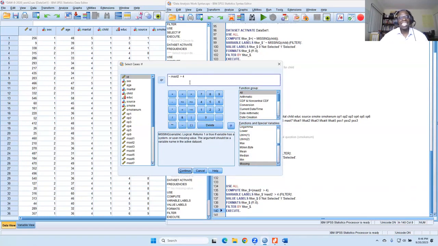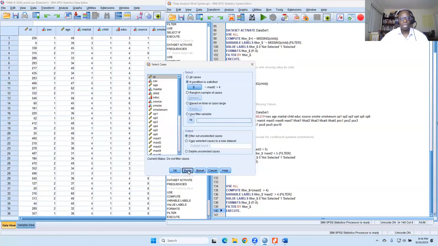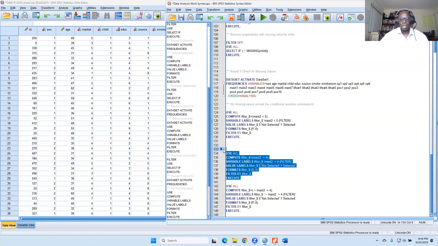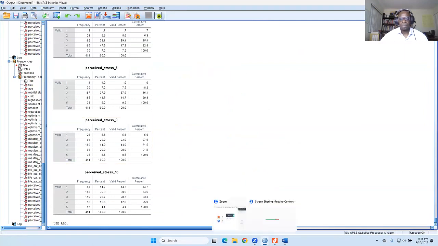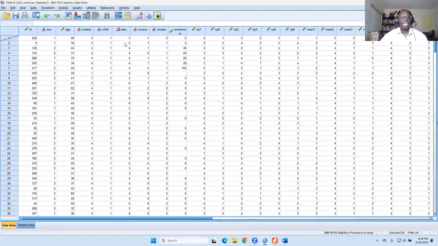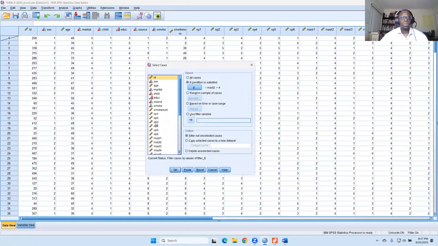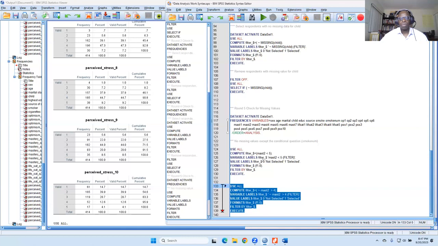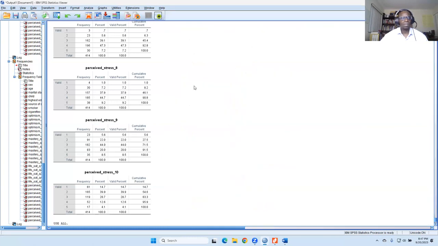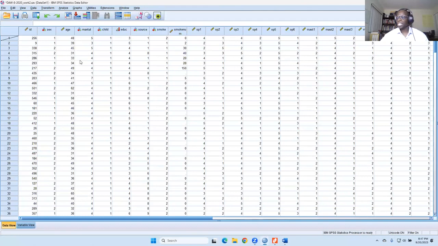You could do it that way, not greater than 4, and that would give you the answer. Or we could do it the other way and say where mastery is less than 5. And it gives you the same answer.